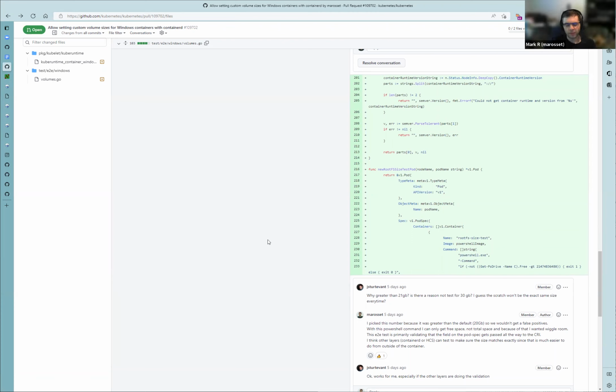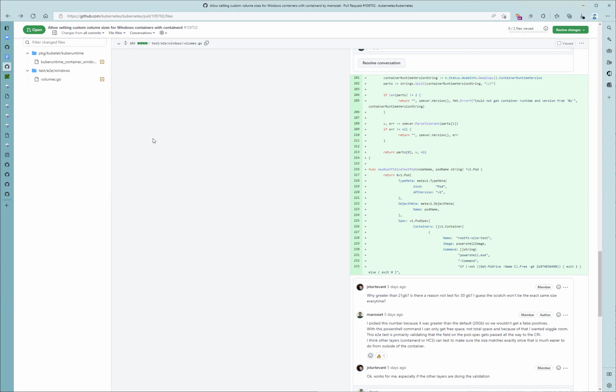Yeah, this is just an argument. I'm not saying this is the right argument, but the argument that I could make is that on Windows, once that volume is created, it's not possible to extend the size past that. So if you were to say, I want a pod that has a container with a request of 30 gigabytes for that writable layer, the size of that writable layer is 30 gigabytes and there's no way to expand past that.